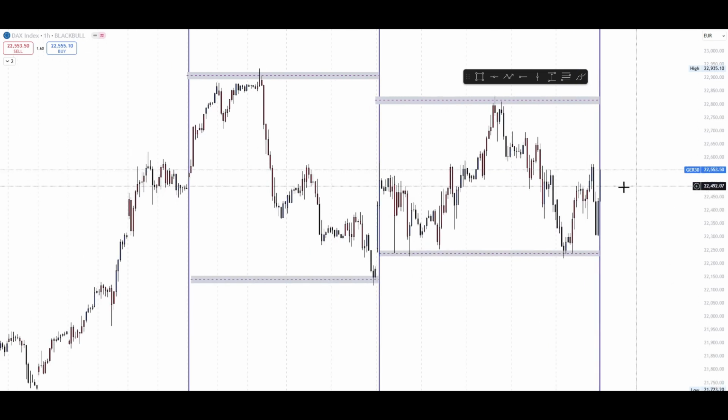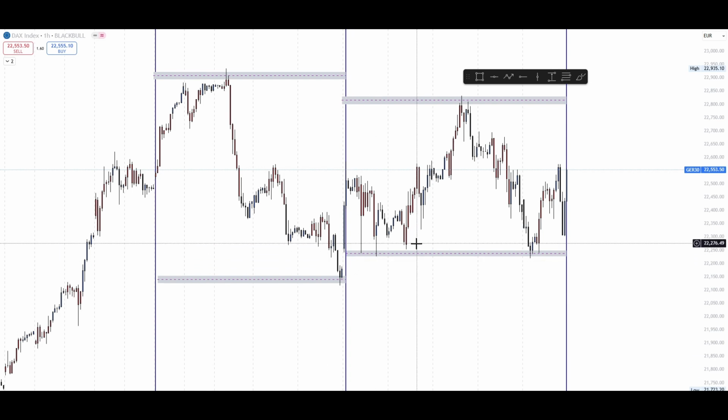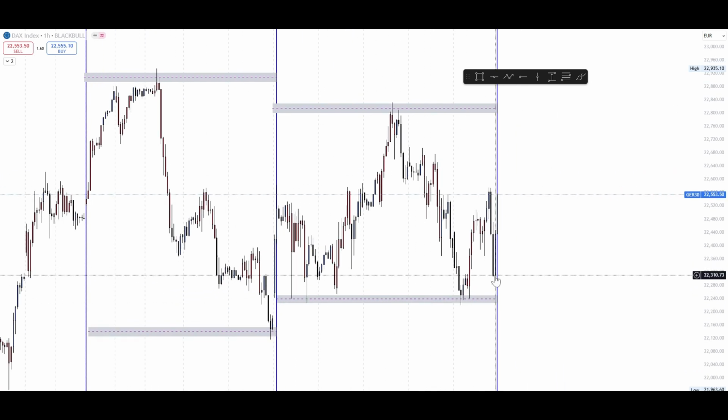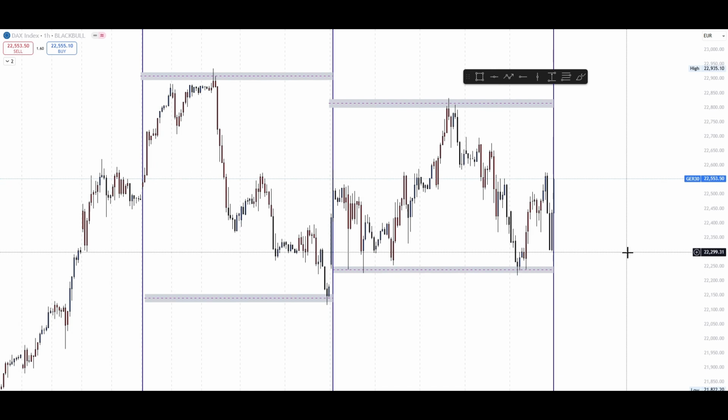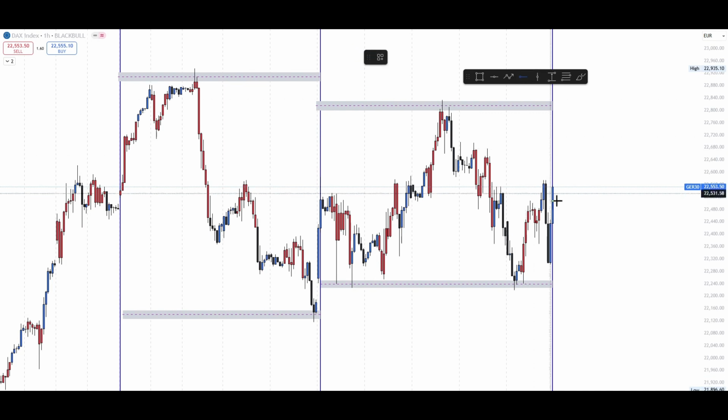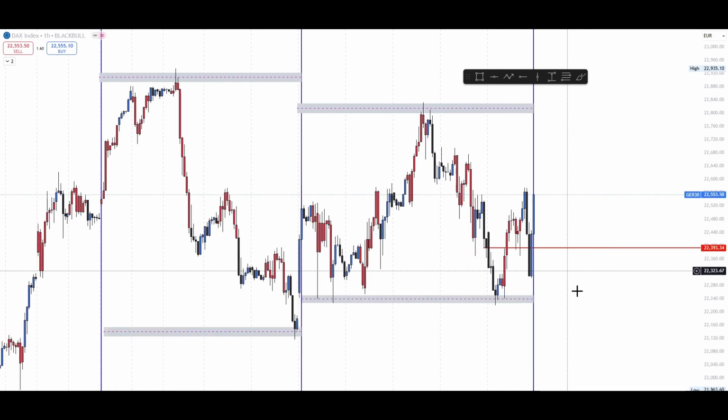Alright, okay, so I'm gonna talk more about these levels that I marked in upcoming videos. Why are they important as well? So if you are a day trader just like me, I'm a session trader. So okay, let's mark the opening candle here. Yes, and also I'm gonna teach you guys about this red line in upcoming videos, but not in this